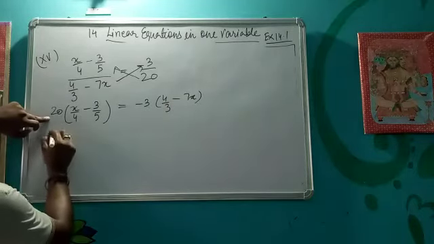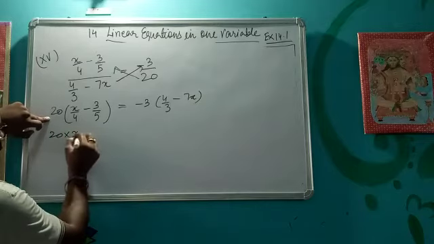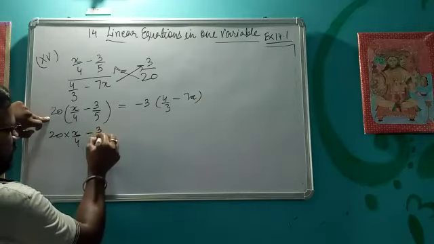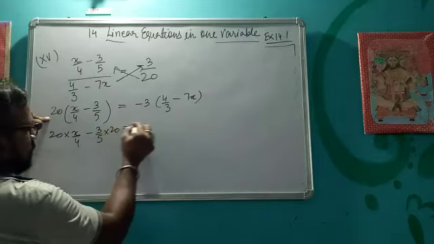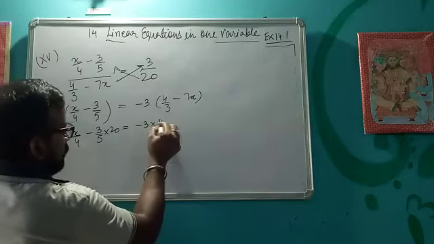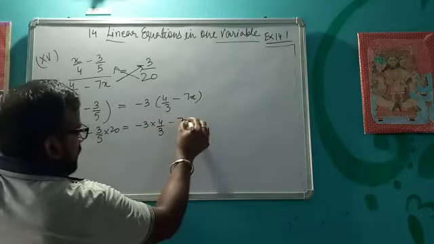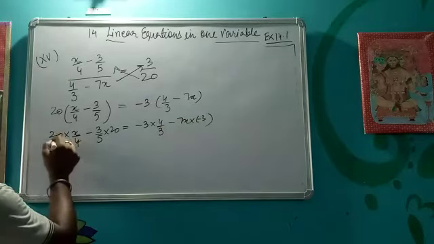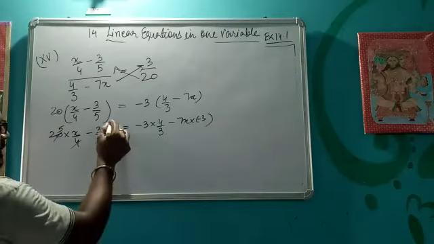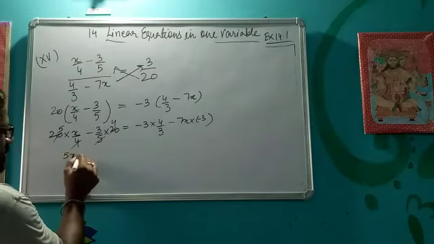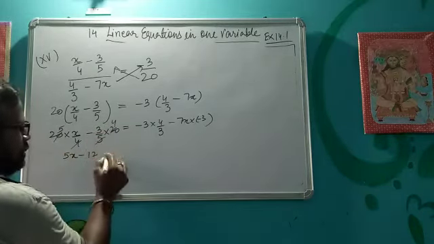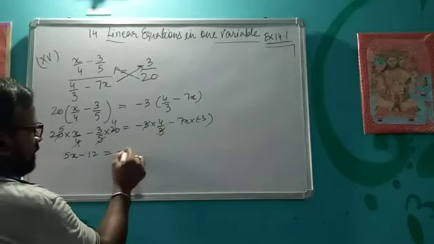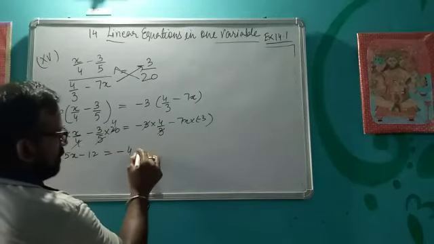Then I will take this 20 inside, x upon 4 minus 3 upon 5 into 20. Then this minus 3 will go inside, minus 7x into minus 3. So this will get cancelled. Then you will get 5x. 4 into 3 is 12. Then this 3 and 3 cancel. Minus 4 plus